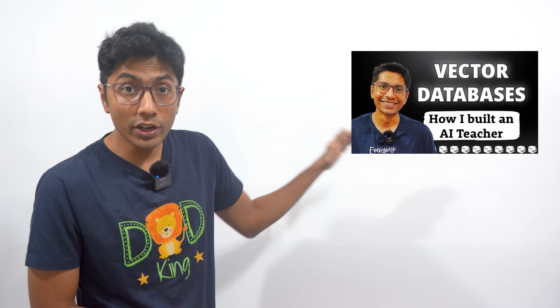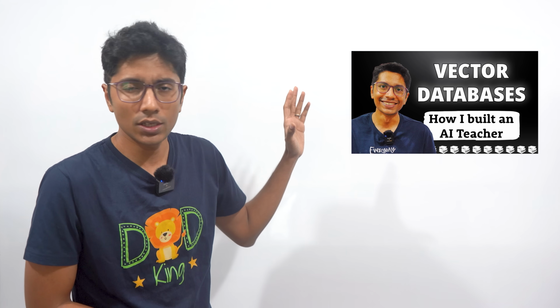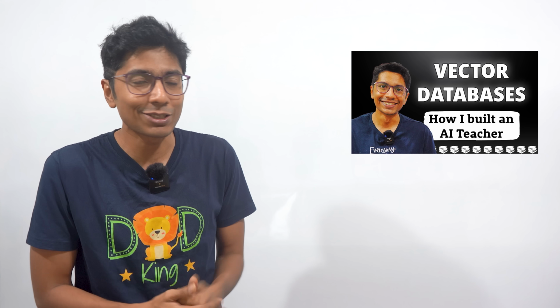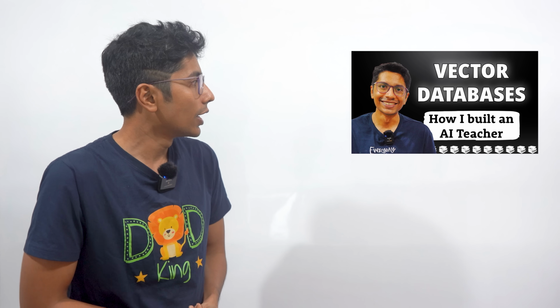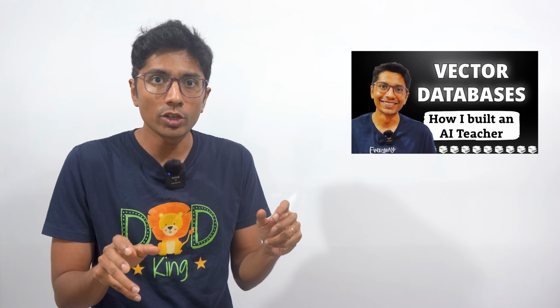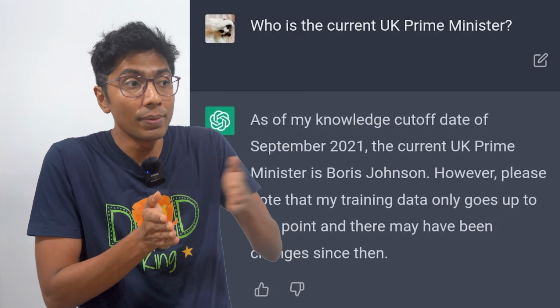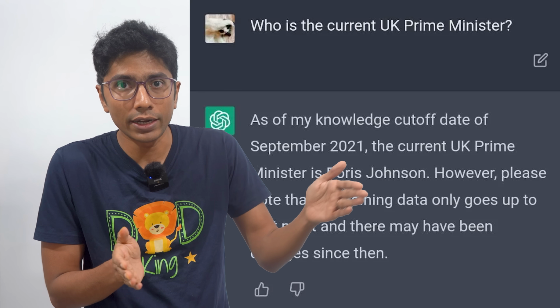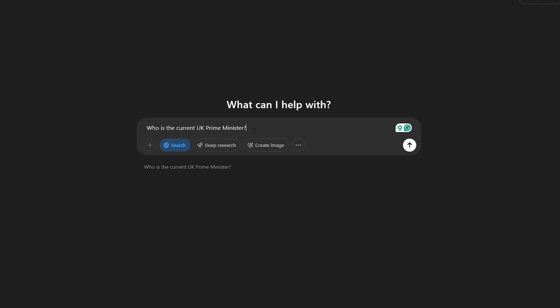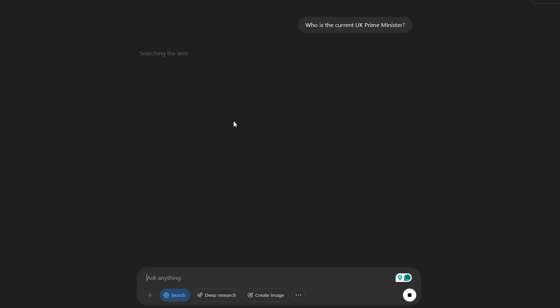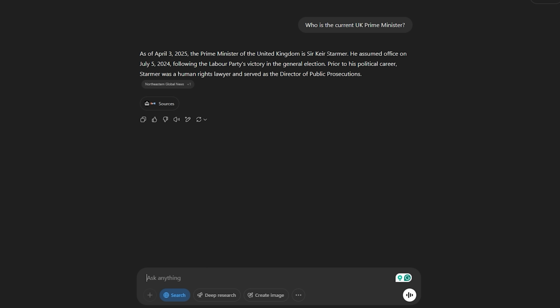The first one is retrieval augmented generation. This has been in AI hype for the last 6 months and it has lived up to its hype because now when you ask ChatGPT for the latest information, it doesn't say, oh, I haven't been updated up to that point, so I can't answer that query. No, it goes, searches online, finds relevant data sources, fetches them, converts that data into vectors, and uses them to answer your query in the best way possible.